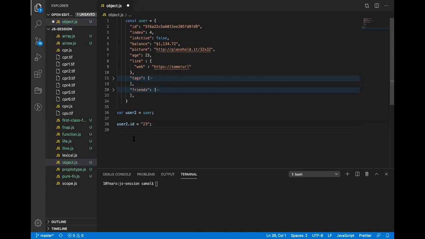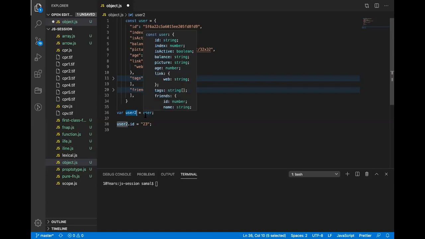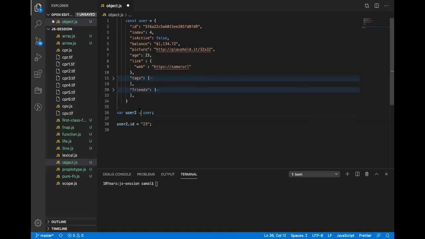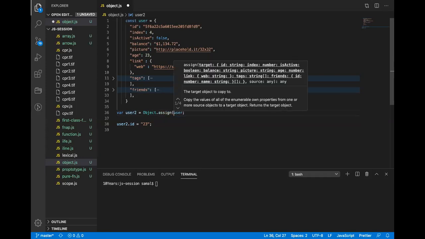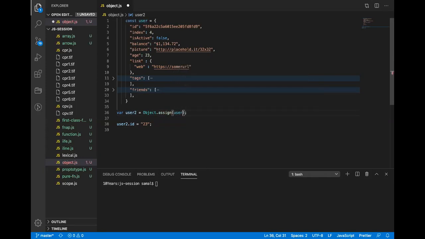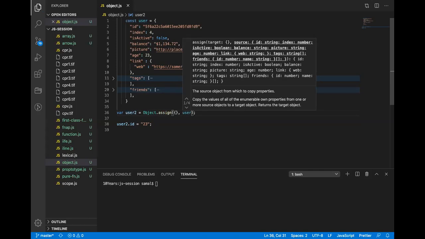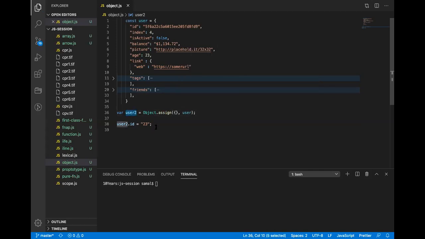Sometimes I want to copy this entire object, but if I do this, it is only copying a reference. So JavaScript provides, in ES5, another built-in static method on the Object constructor called assign. So I will do Object.assign. What this does is create a new object and assign the user object to it.